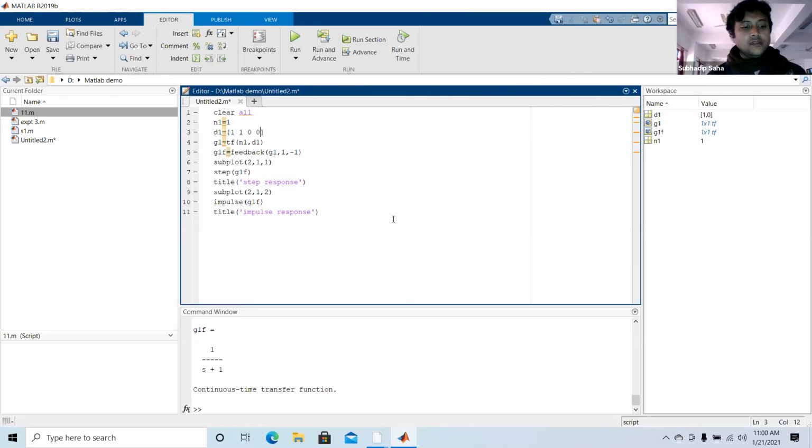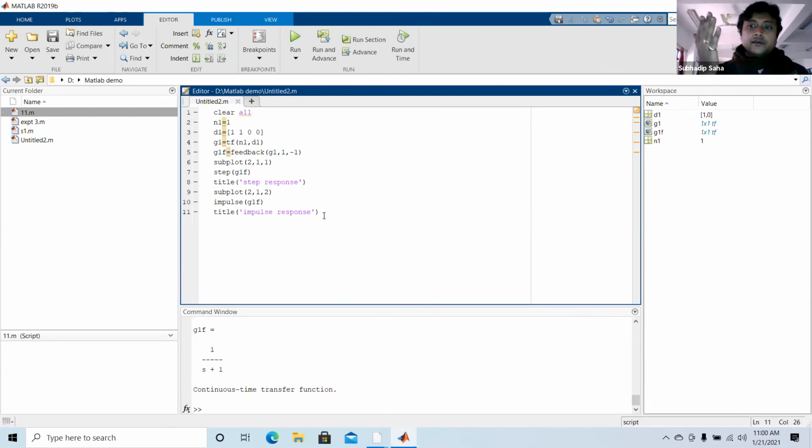I will save it, and now you have to run. Another line I can show you is grid on. You can also utilize grid on.